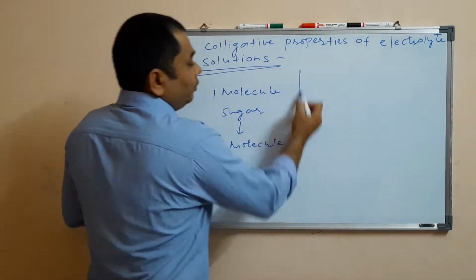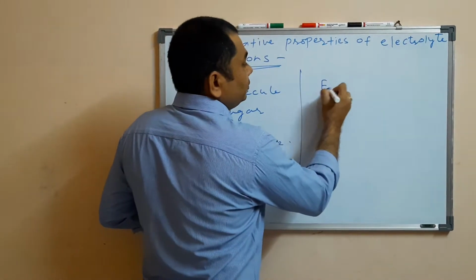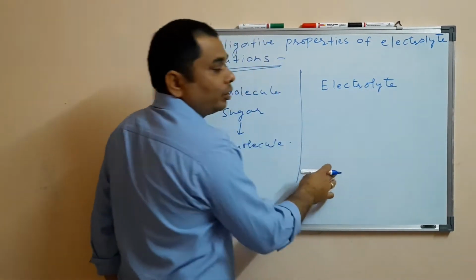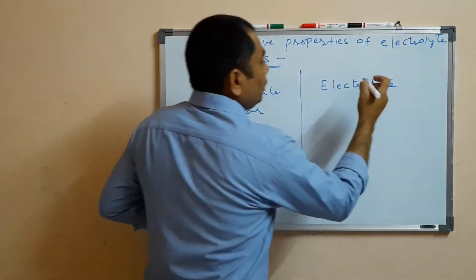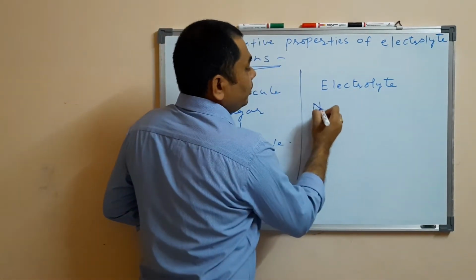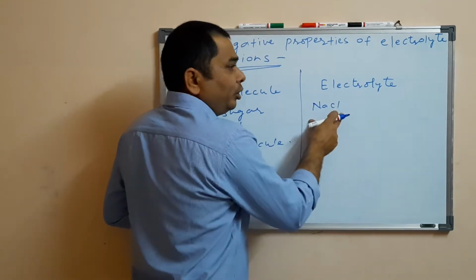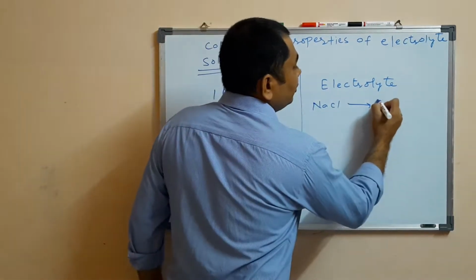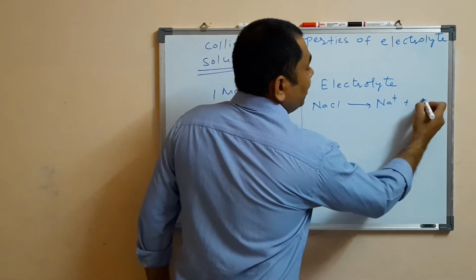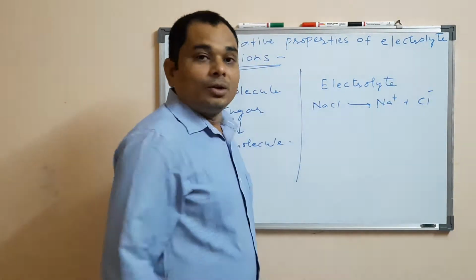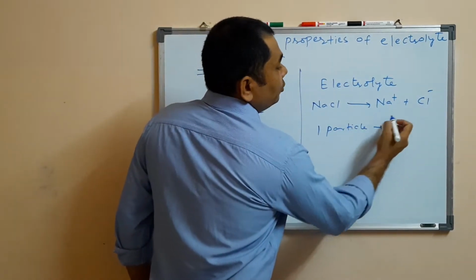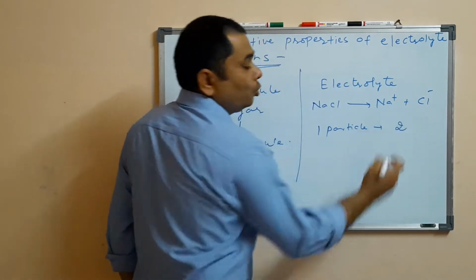Whereas when you add electrolyte to a solvent, मतलब in case of an electrolytic solution, what happens is, say for example NaCl, एक यूनिट, एक फॉर्मूला यूनिट NaCl हमने ऐड किया है. Now this undergoes dissociation to produce one Na+ ion and one Cl- ion. So we had added one particle, whereas now after dissociation it has converted into two particles.